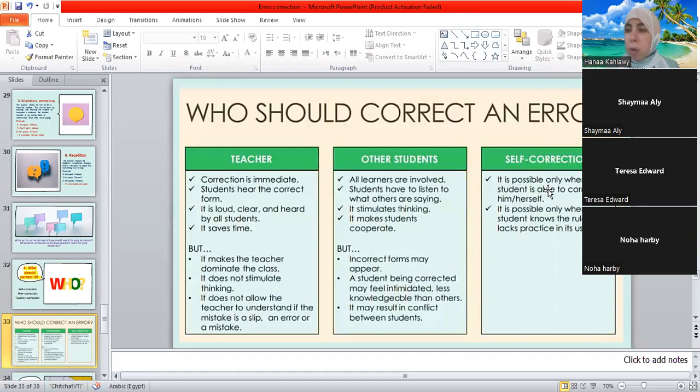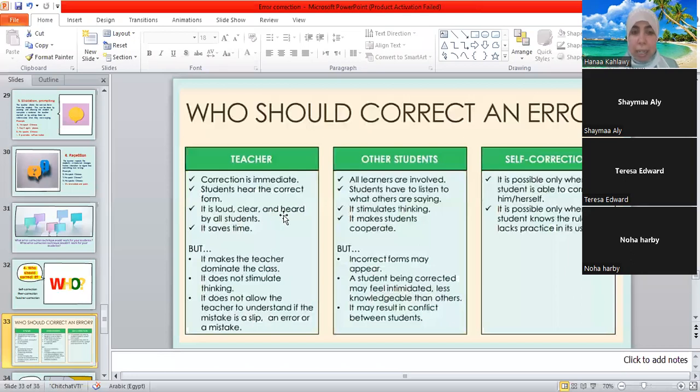It's really quick and immediate, especially when I have an accuracy activity. But we have some disadvantages: the students don't reflect on their mistakes, so they don't have a chance to correct themselves. Here the correction is immediate and quick. Students can hear the correct form because we say it loudly.